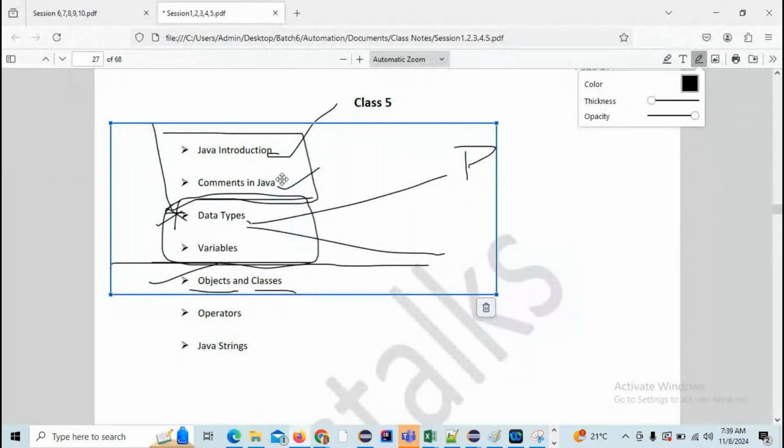Yesterday we went through the Java introduction and then we discussed the comments in Java. In Java introduction, we discussed many things. What is meant by JVM, what is meant by JRE, what is meant by JDK, right? Okay, cool. So if you observe here,